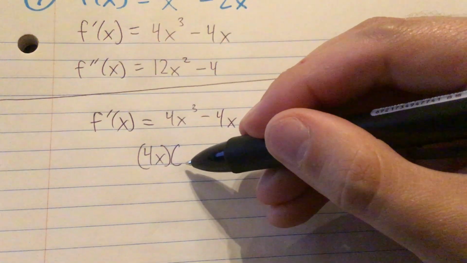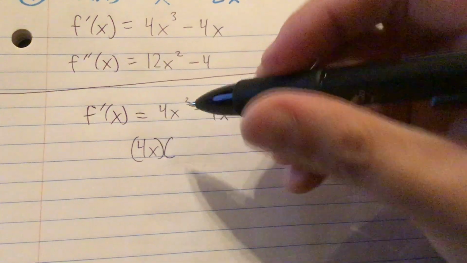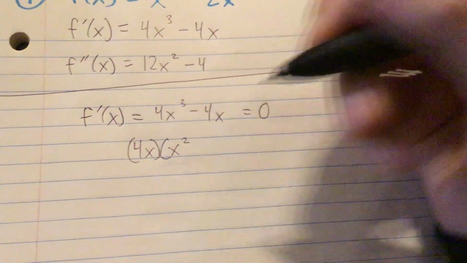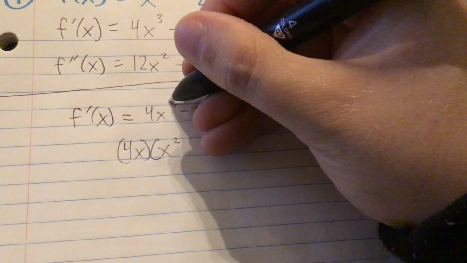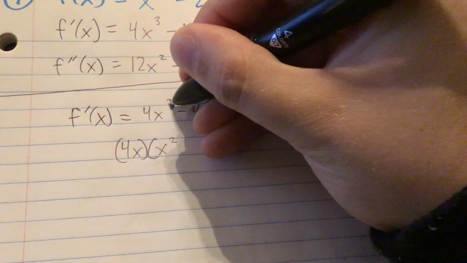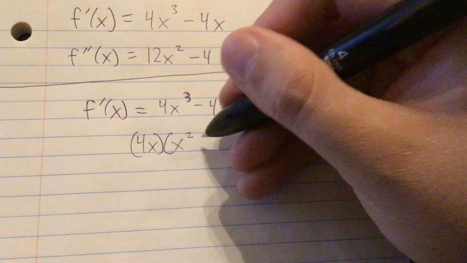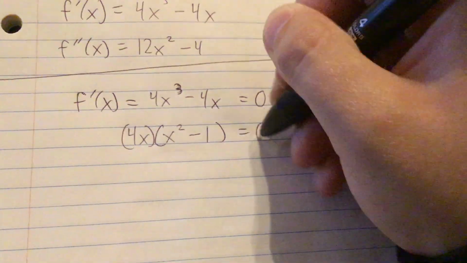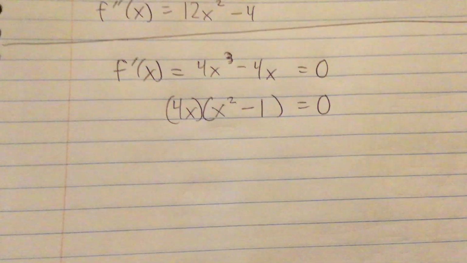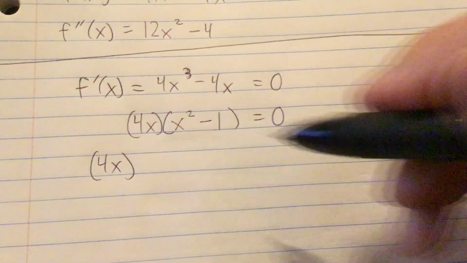4x times, that'd be 4 times 1, x times x squared. So 4x times x squared would be 4x to the third. Let me make that a little bit clearer. There we go. All right, then 4x times what is negative 4x? That'd be negative 1 is equal to 0. Then we can break this up even further by saying, okay, this is 4x, but x squared minus 1,